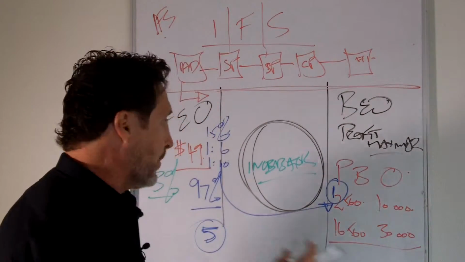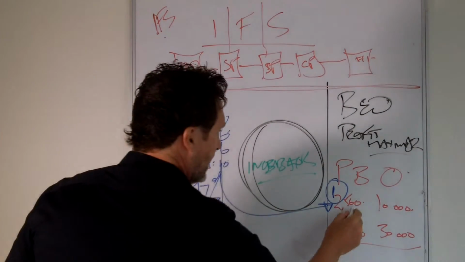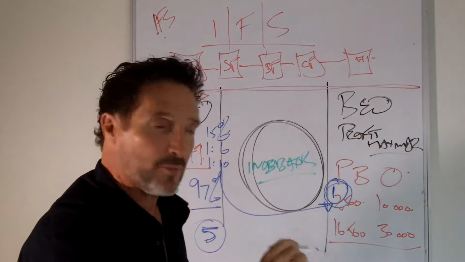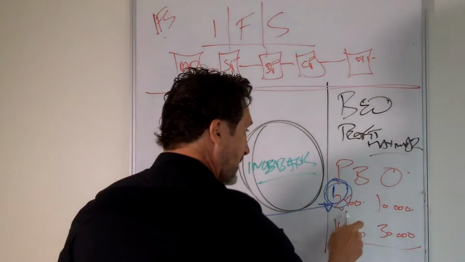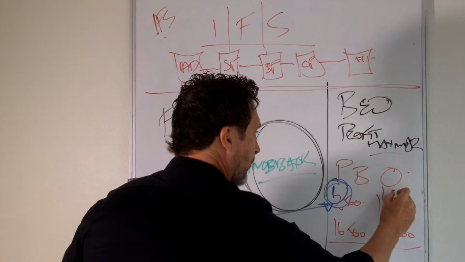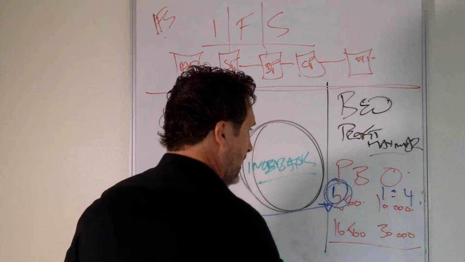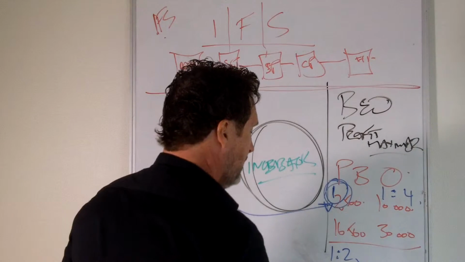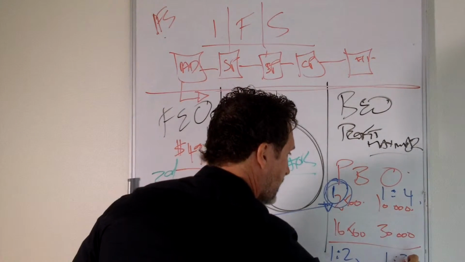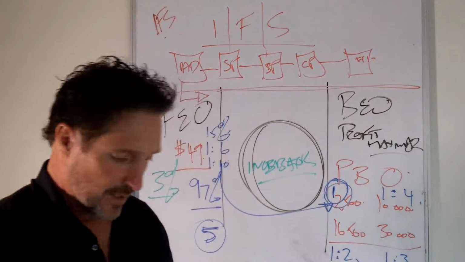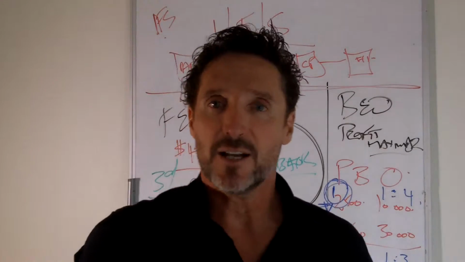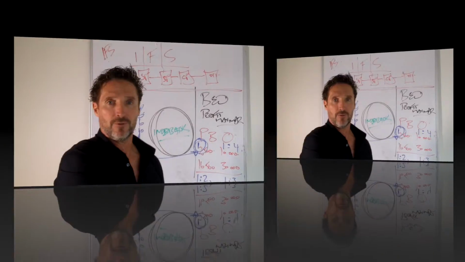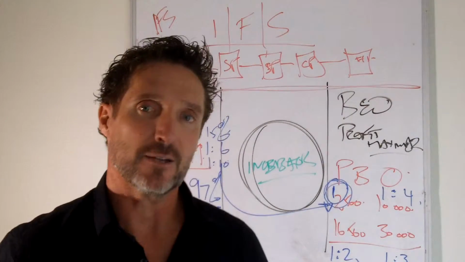So let's take that one step further. If you convert from the first tier in the primary back-end offer, somewhere in the order of say 1 in 4 to the second tier, and then say 1 in 2 to the third tier, and then say 1 in 3 to the fourth tier, what happens to all of these customers along the way that are effectively dropping off? That's how I want you to think about it.